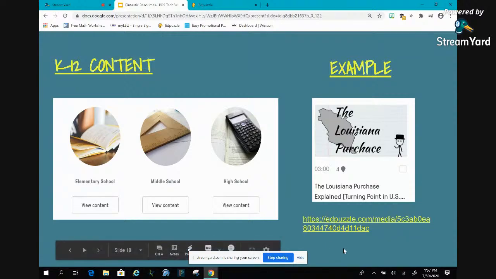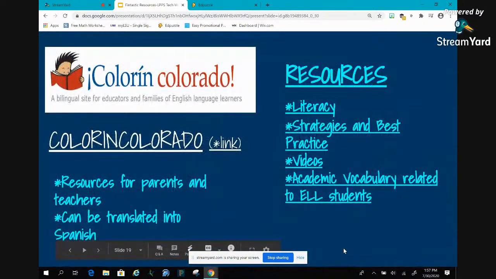All right, next resource that I really like, especially if you have a lot of ELL students, even if you don't have a lot, and let's say you just have one or two. This is a website called Colorín Colorado, which I'm sure I'm probably not pronouncing correctly. However, it's a bilingual site for educators and families of English language learners.